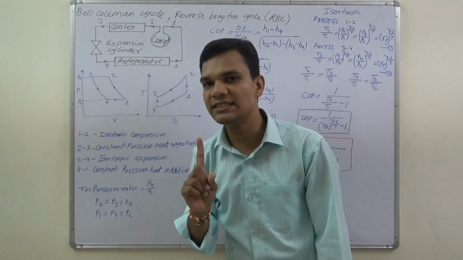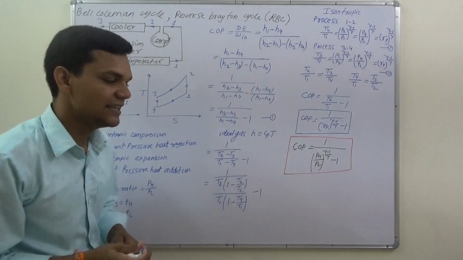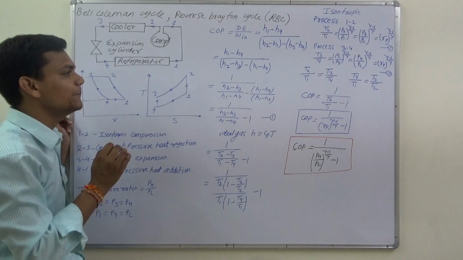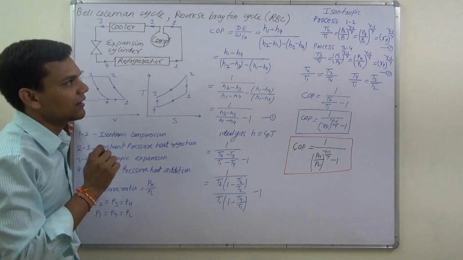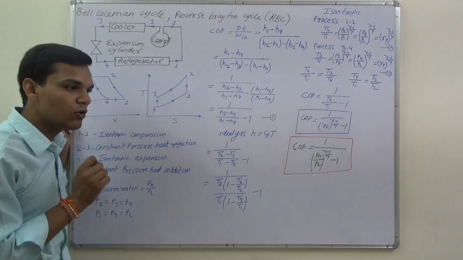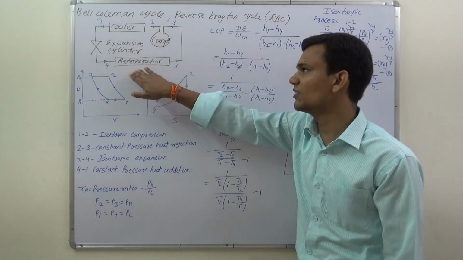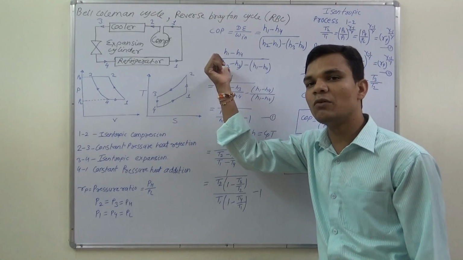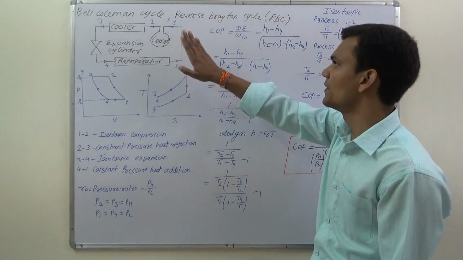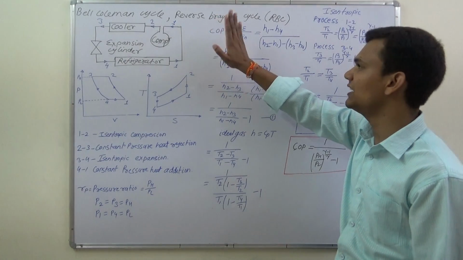So here I write COP is equal to desired effect by work input, and we get the desired effect in the refrigerator. One more thing is that whichever working fluid or cycle we are using, vapor compression, vapor absorption, power plant, Brayton cycle, or reverse Brayton cycle, we prefer to write the desired effect, work input, heat supply and heat rejection in terms of enthalpy, because if we are using air as the working fluid, then enthalpy can be written in terms of temperature, since enthalpy is directly proportional to temperature. So we prefer to write everything in terms of enthalpy. So we can write desired effect by work input in terms of enthalpy.